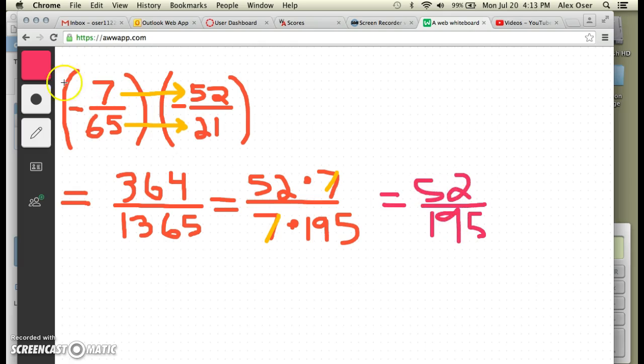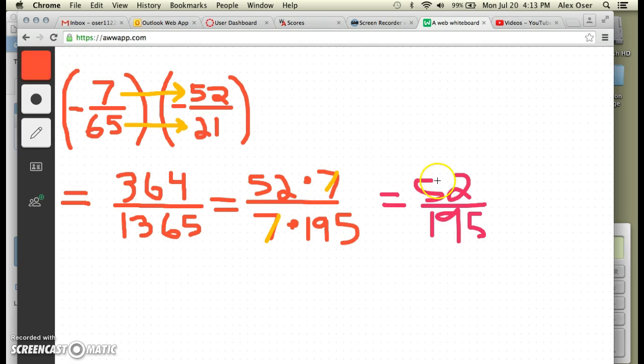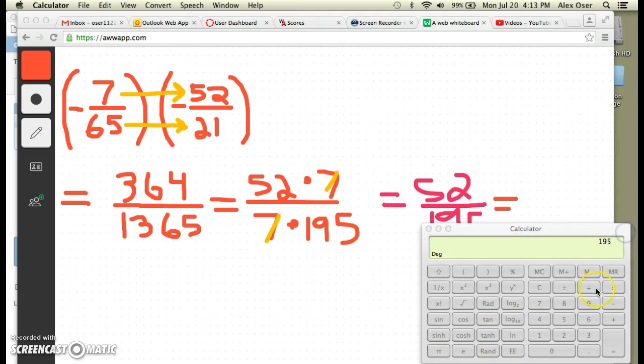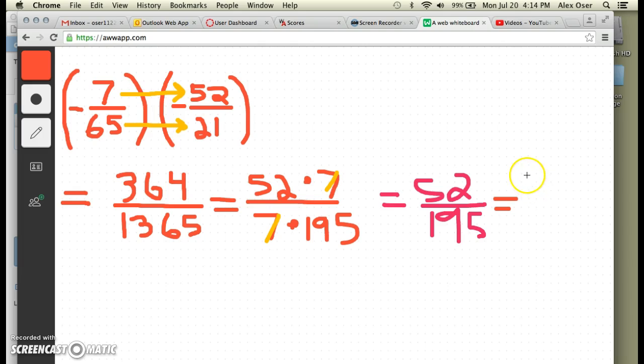Now, what we can do from here is the number 13 is actually a factor of both 52 and 195. So let's go ahead and factor out 13 from both of these. Just so we can see, if we take 52 and divide that by 13, we get 4. So that means that 13 times 4